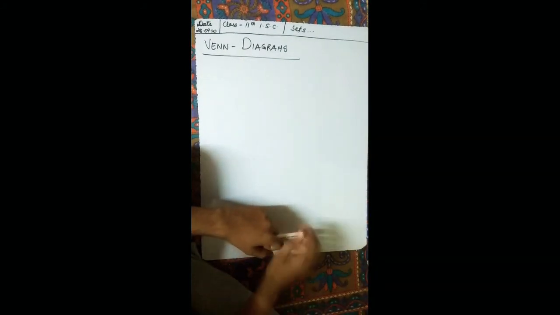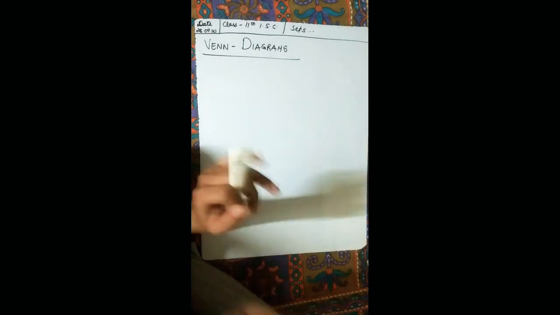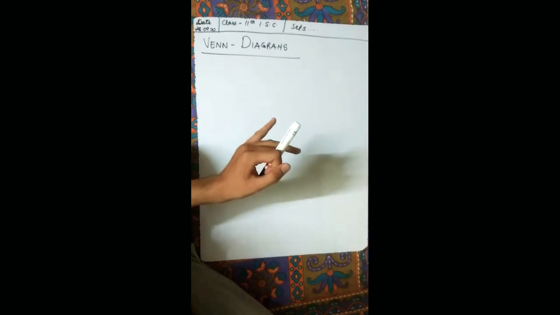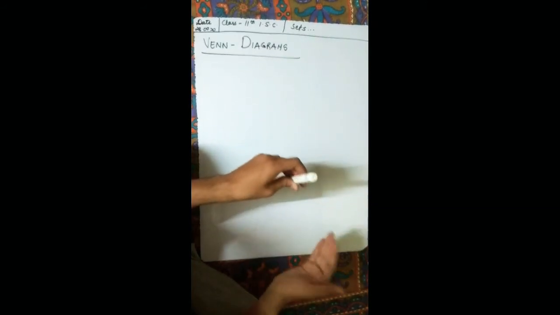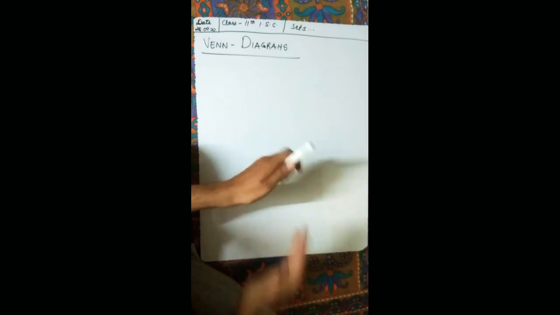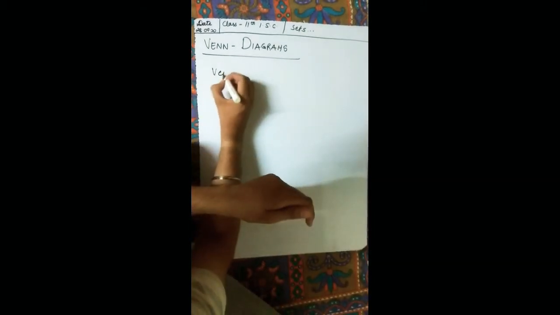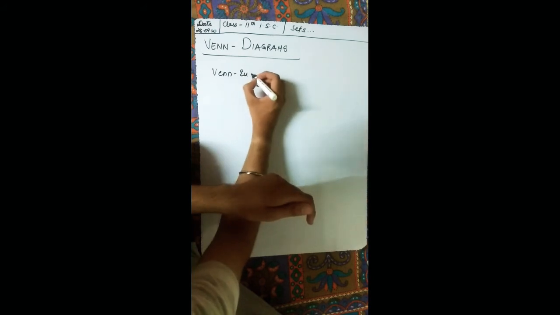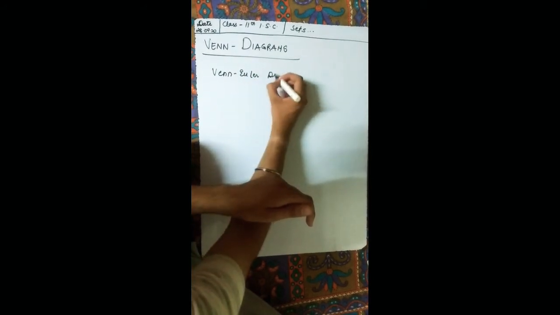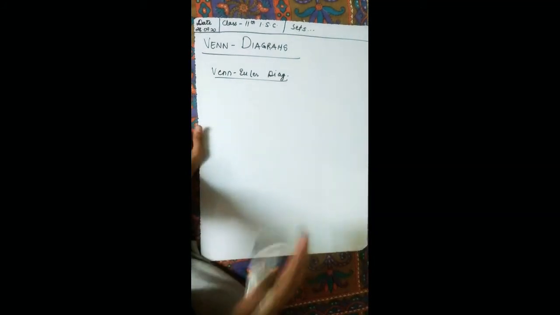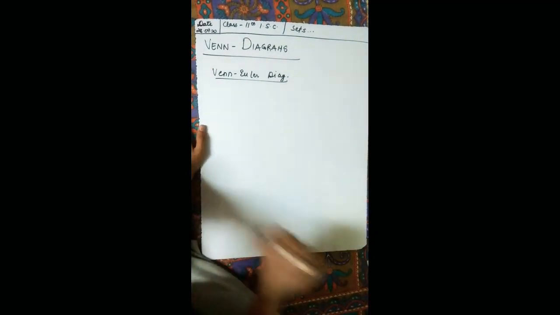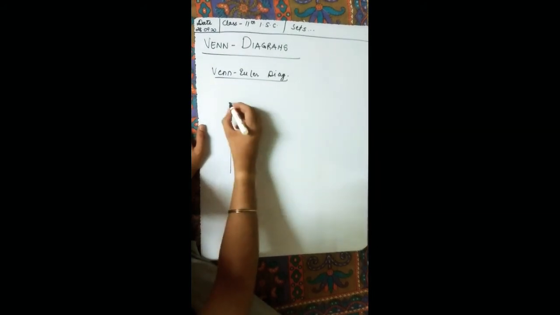Most of the ideas about sets and the various relationships can be visualized with the help of Venn diagrams. That is why they are called Venn diagrams. In some other books they are also called Venn Euler's diagrams. Okay, so basically the thing is how we draw the Venn diagram with the help of a rectangular